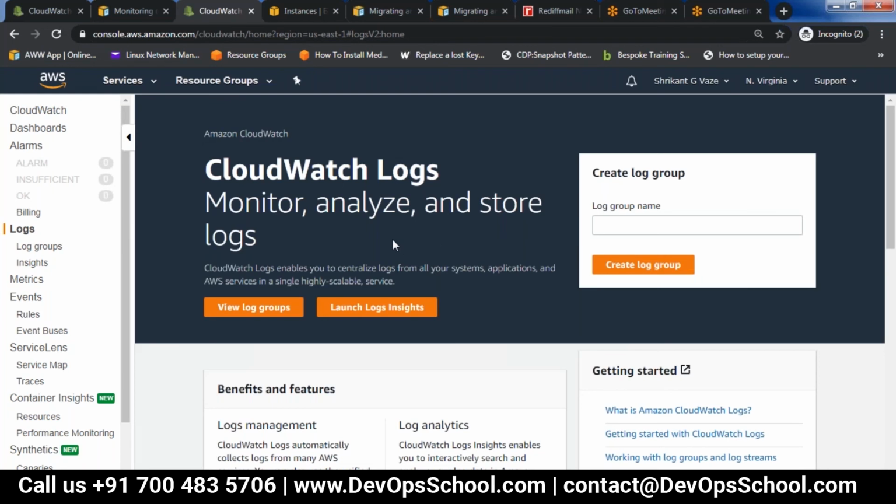Or if you want to configure centralized logs, for example, you have Linux servers and Windows servers with their individual logs like var log messages, and you want them put into central logging, then you can use these logs. So logs are used in multiple ways in CloudWatch. I will show you one demo after lunch for the Lambda function. At that time we will see logs. We will look into it.